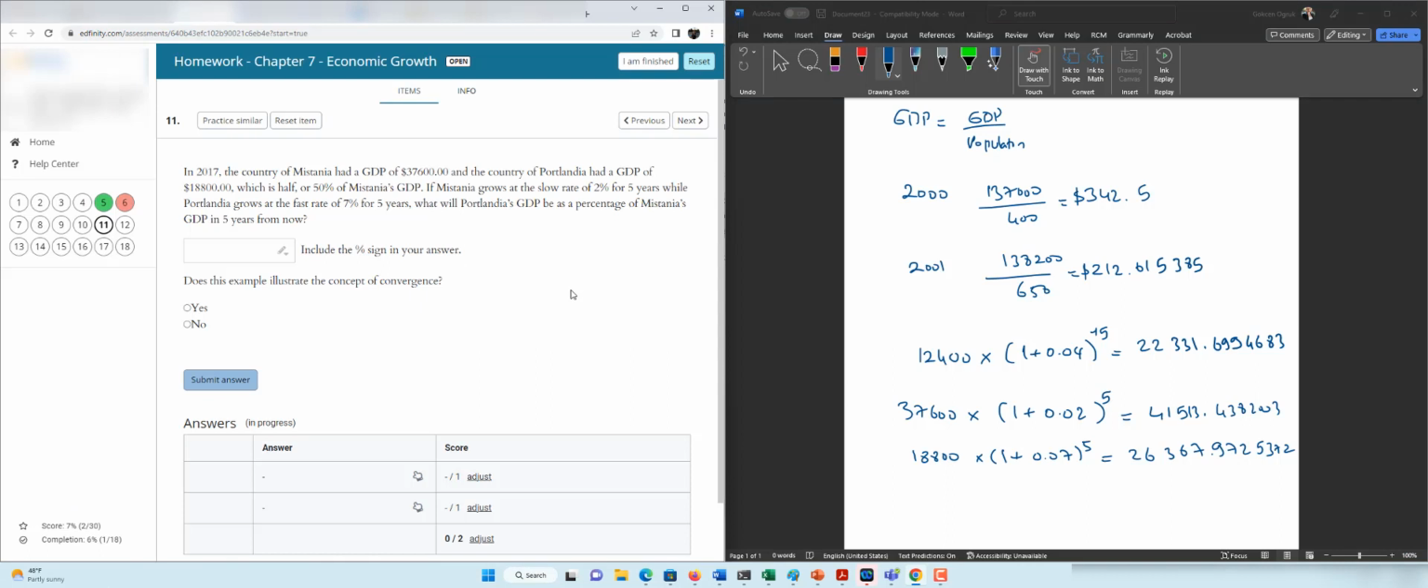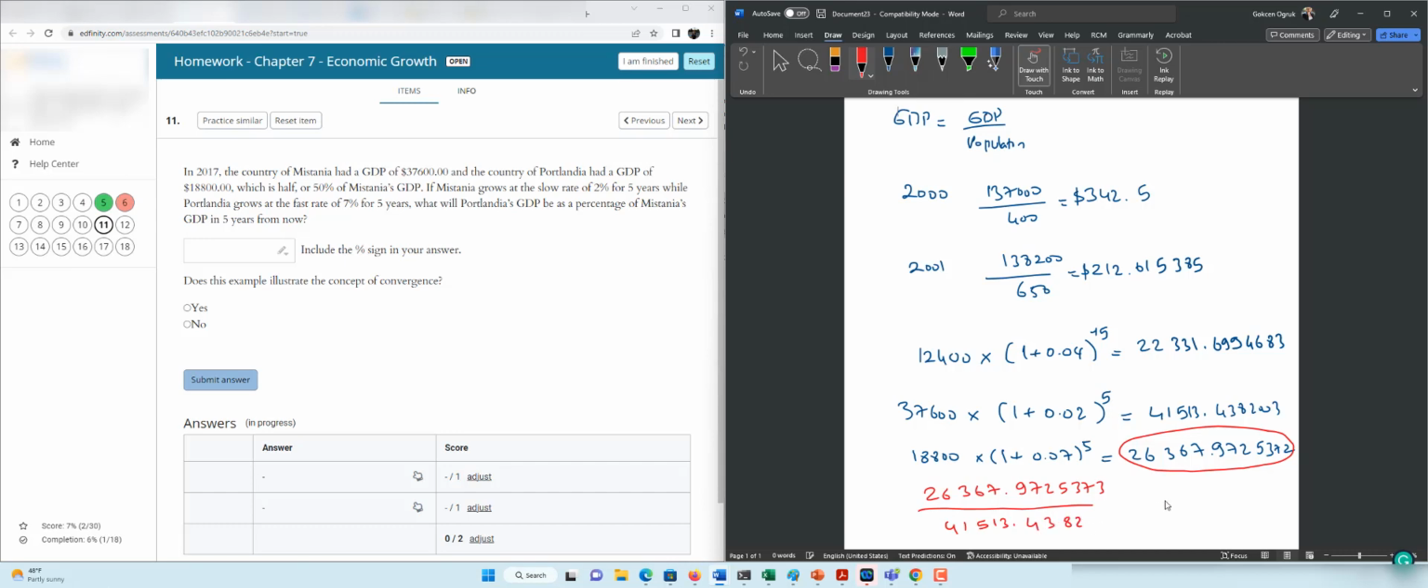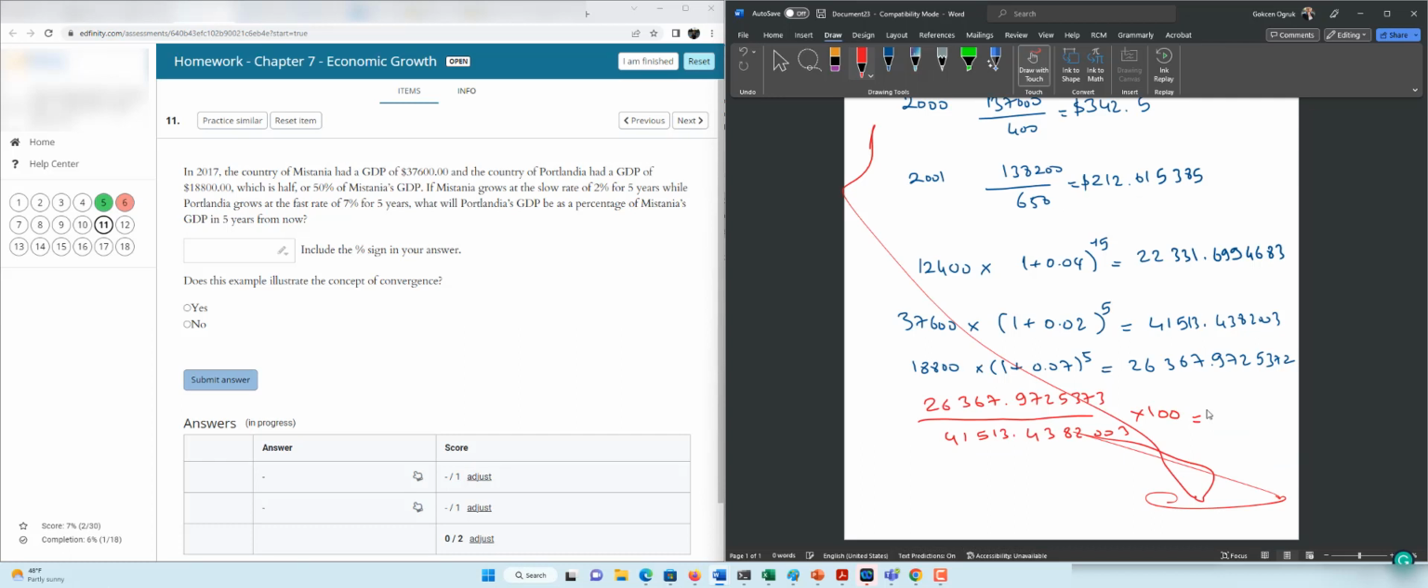Now let's go back to homework again. And the question is asking, after 5 years, what will Portlandia's GDP be as a percentage of Mistania's? So we need to take first this number, right? Because it's asking what percentage Portlandia is of Mistania, which is 26,367.9725372, and divide this by Mistania's GDP, 41,513.438203. Then you can use your calculator and calculate. It's close to